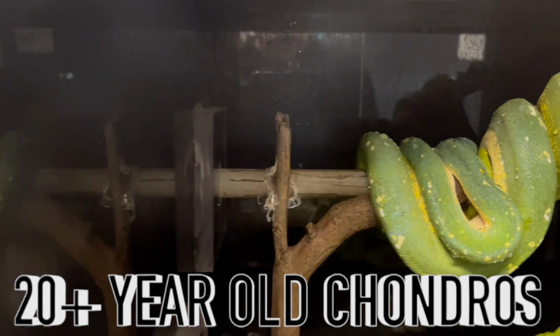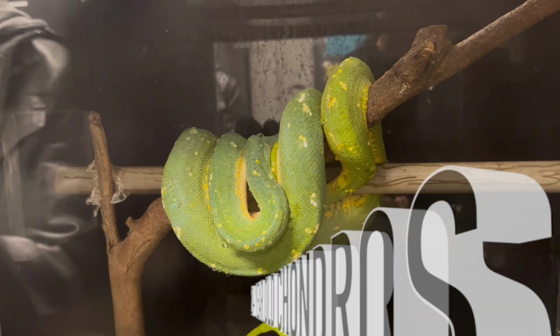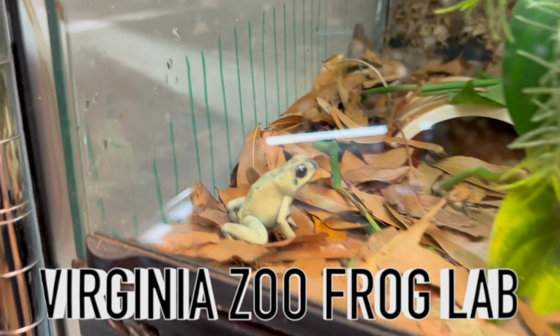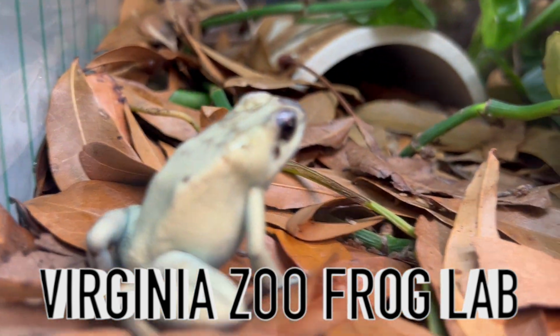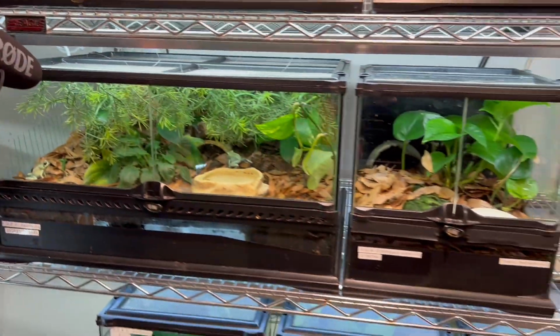This one came in 2001 too. So these are all 20 plus years old. So this is a frog lab, basically. One of the most toxic frogs in the world, you said? Yeah, they say that of a wild frog, adult skin can kill 20 adult humans. What? Just by touching it? What would happen to you? Will you get sick? I mean, it's getting your bloodstream, but if you have some kind of a